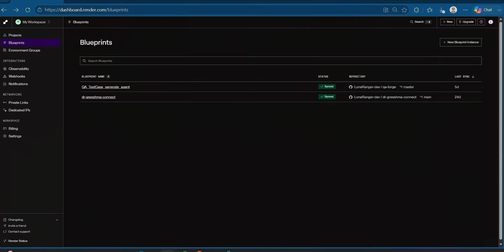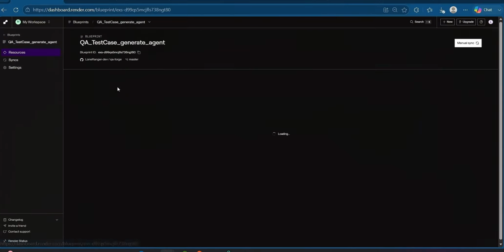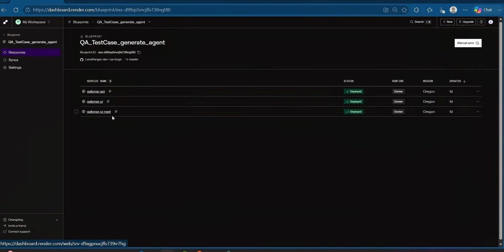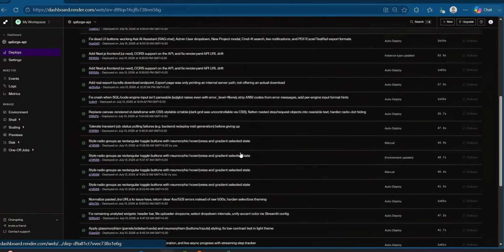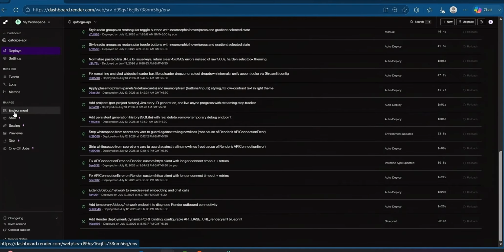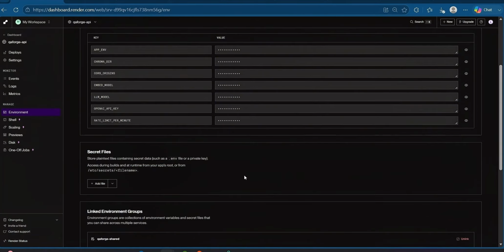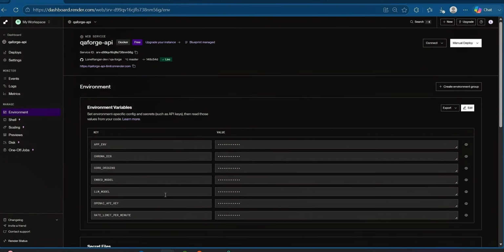Later we have to set the API keys and everything, the environment variables. Again you have to set all the API keys, the OpenAI API key, everything. Actually in production, the best practice in production engineering is like this: after deploying, every single generation